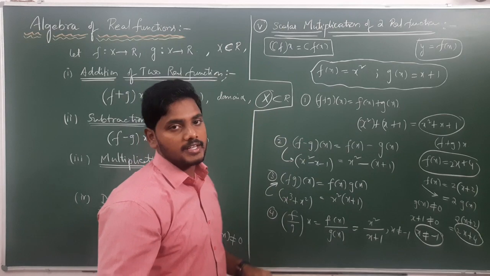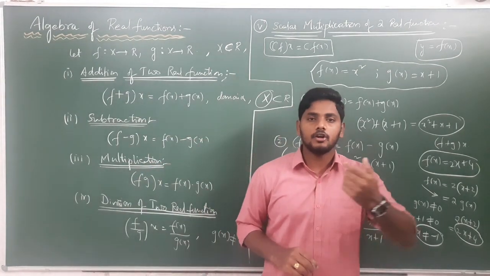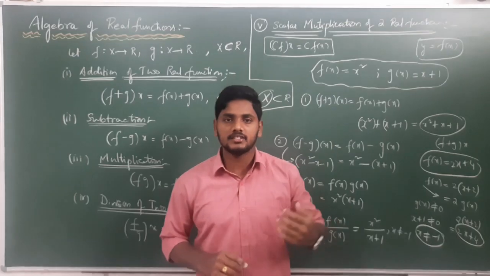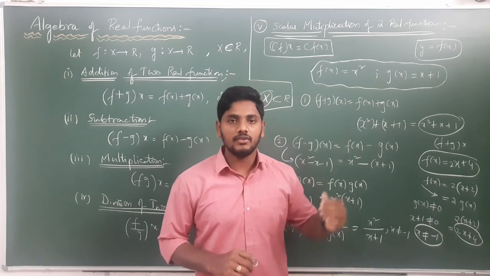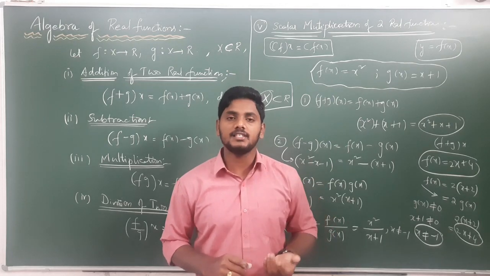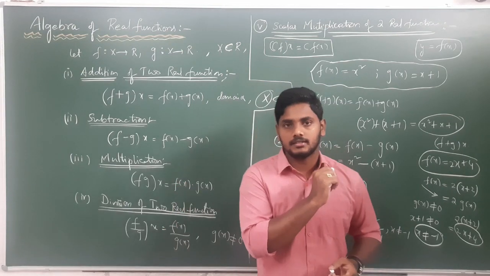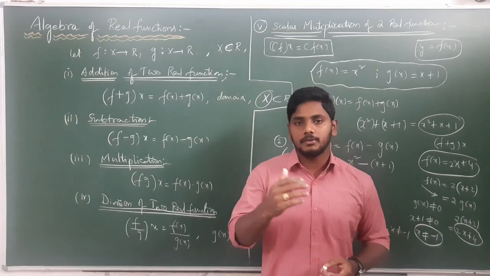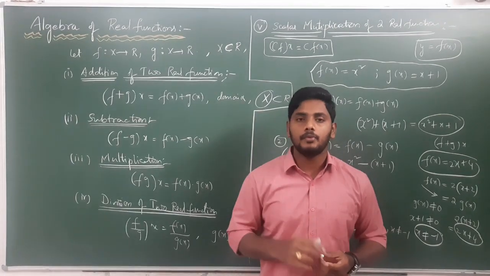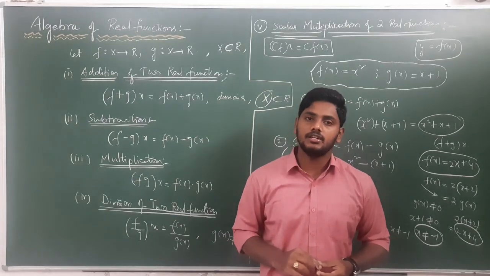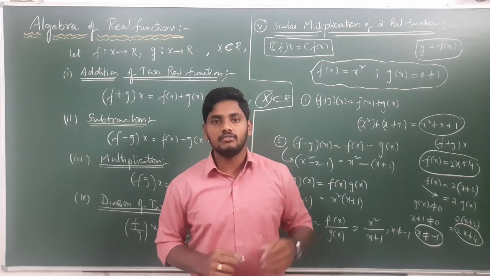This is the introduction of exercise 2.3. Exercise 2.3 will have problems where they will give some ordered pairs, nothing but one relation. That relation is a function or not. Function means what? A special type of relation. So is it a function? If it is a function, we need to identify the domain and range when they give ordered pairs. The next type of questions, they will give some type of functions. It may be a modulus function, in terms of root, or a polynomial function. From that given function we need to identify the domain and range. And also we need to find function values.